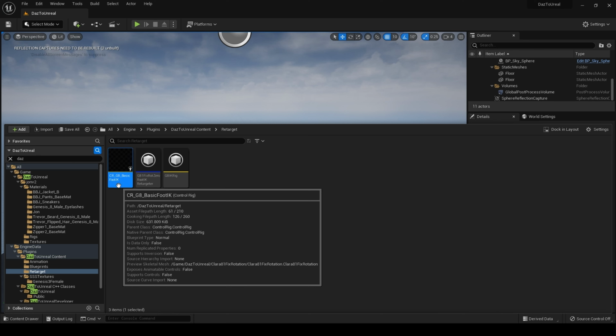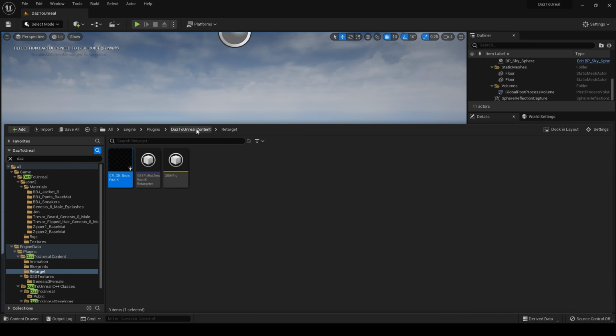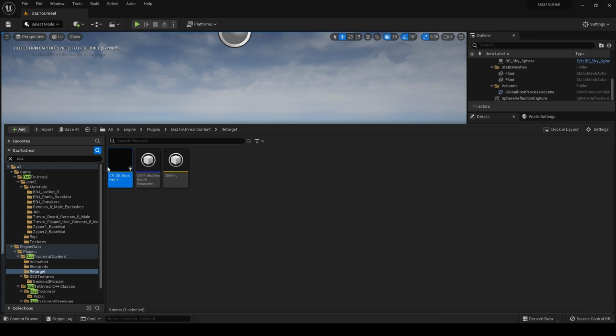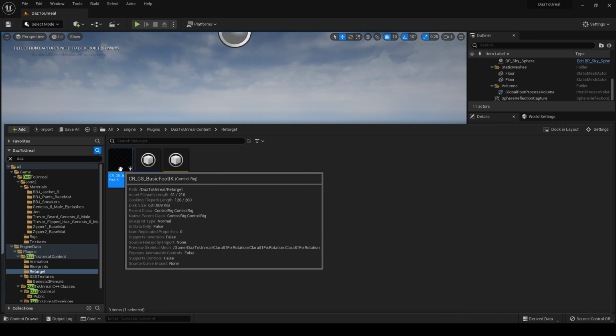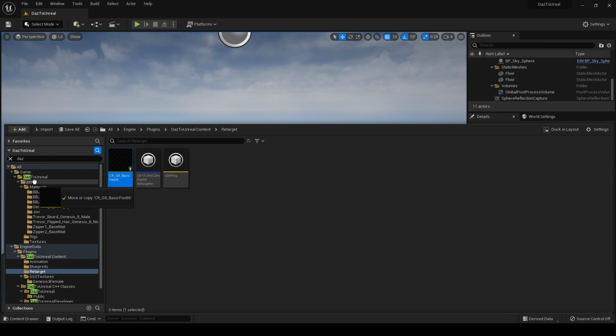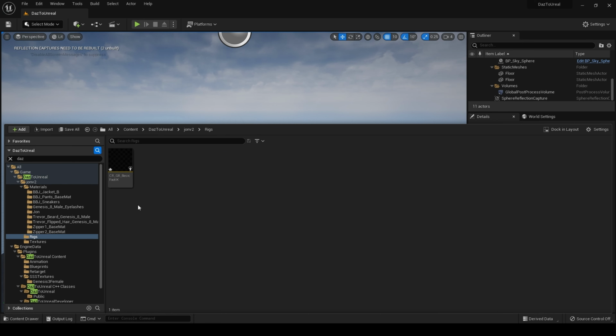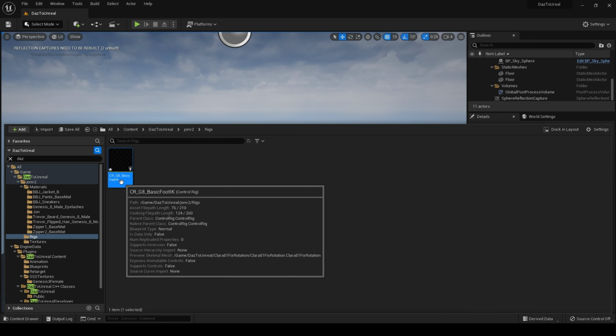foot IK in the DazToUnreal content retarget folder. So this will not come with a skeletal mesh, which is important. So what I'm going to do is drag this across to John version 2 and copy here. So if we go into there, and I'm going to drag that into my rigs folder, copy here. And if you don't have the rigs folder, just create it. And if we open this up,